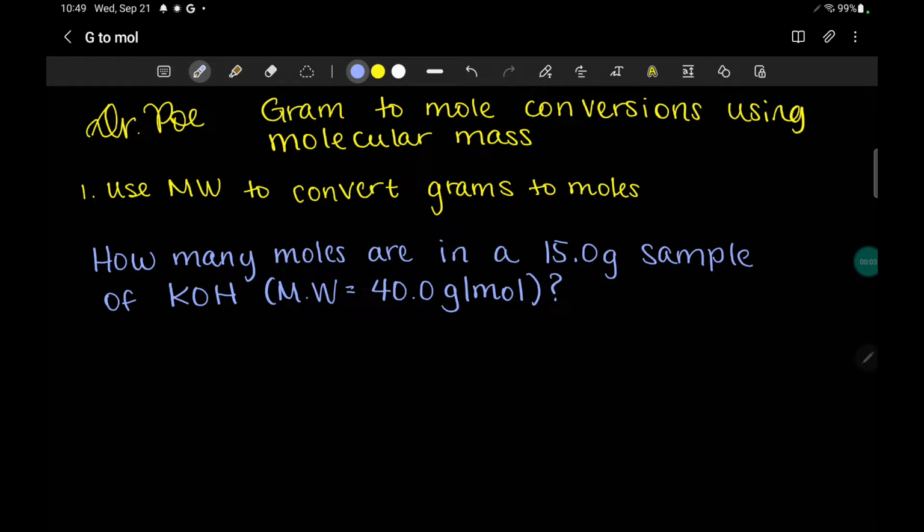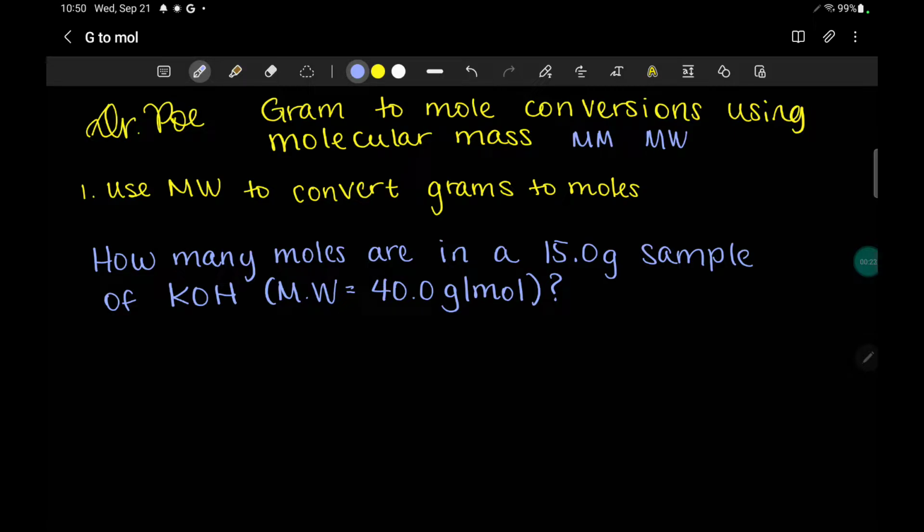By request, I was asked to do a gram to mole conversion using molecular mass. So our goal for this video is we're going to use that molecular mass. Remember, it's also called the molar mass, molecular weight, formula mass. It's got a lot of names, but it's always something to do with the molecule or the formula and